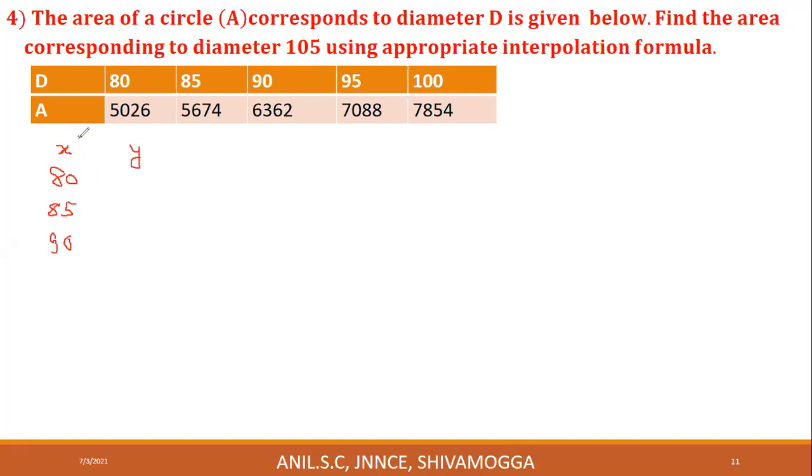Here X means capital letter D, and Y means capital letter A. 80, 85, 90, 95 and 100. Correspondingly, Y takes 5026,